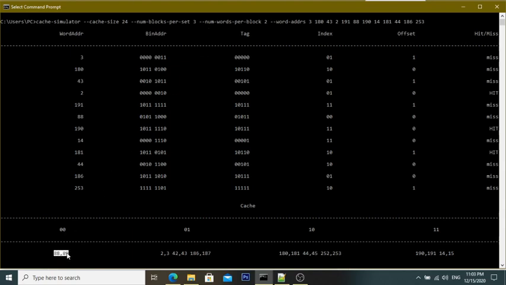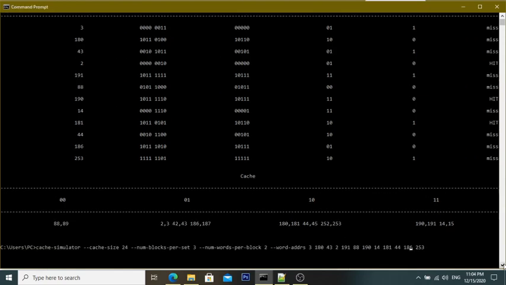Like that, I have used address 88 in the command, so it also loaded 88 along with 89. I have used 43, so it loaded 42 along with 43. So that's all. And if we increase the cache size, in my case 924,